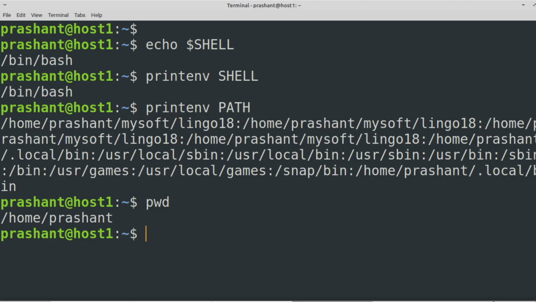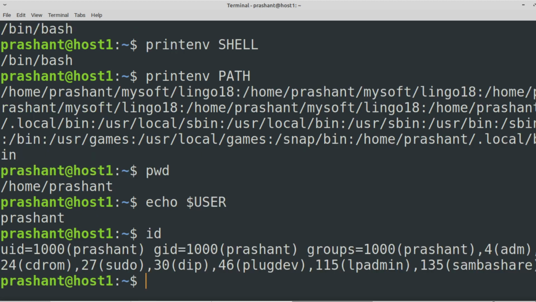Then let's say echo dollar USER. Right now I'm logged in as the user Prashant. Then one more important command here is id. This is not a variable, it is a command. It tells me the user id, username, group id, group name, and all relevant information related to this user.